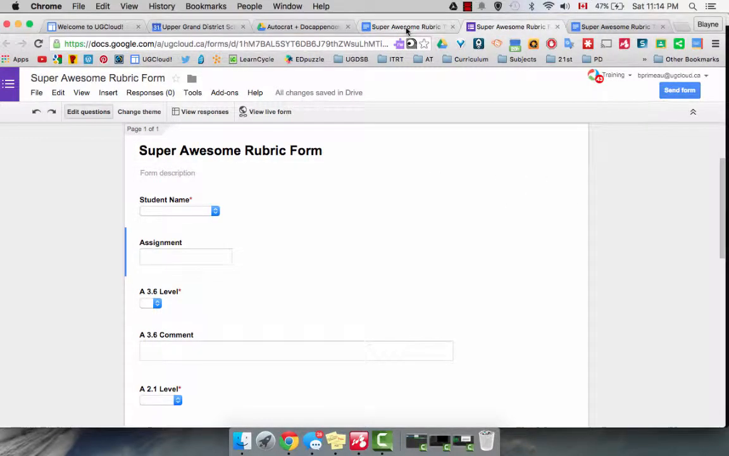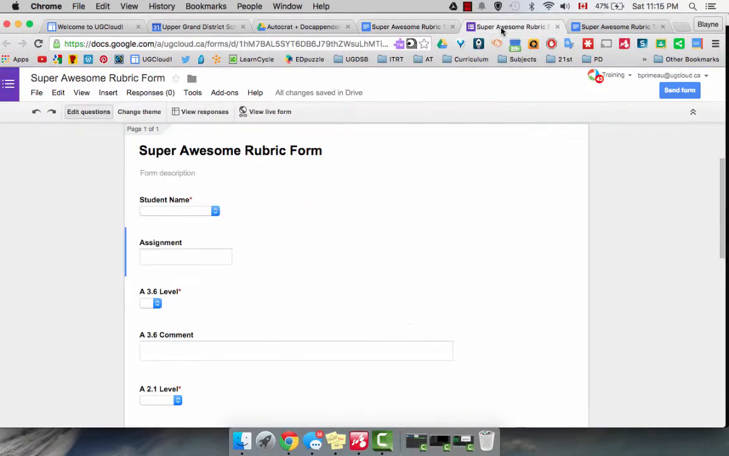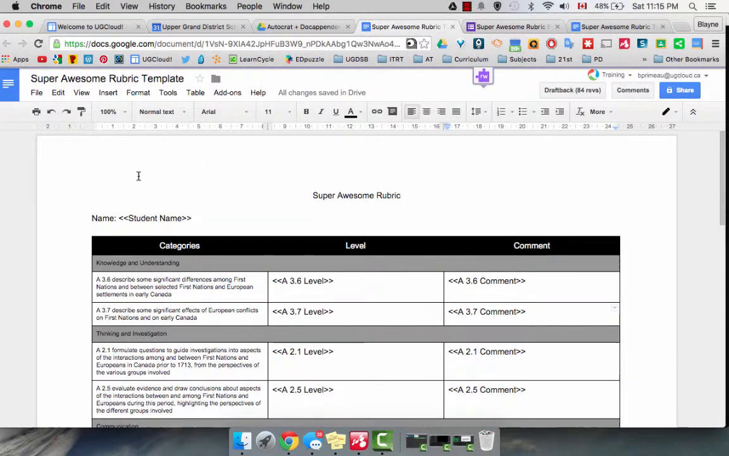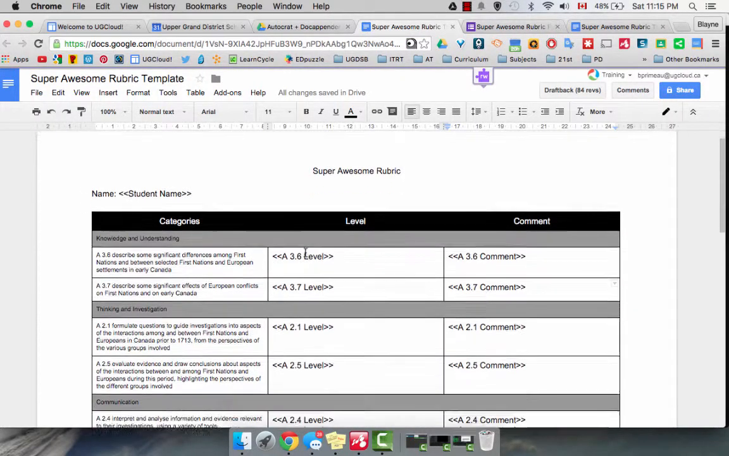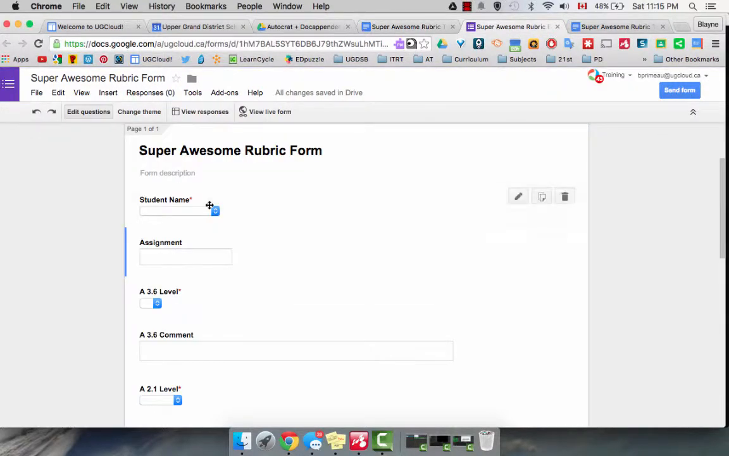So now that you are done your template for your rubric, you can go on to build your form based off that template. I have most of it made. I started with all the tags that I have here, which I'm going to incorporate somehow into my Google Form rubric. I have the student name, I put it here, and then I have the assignment,